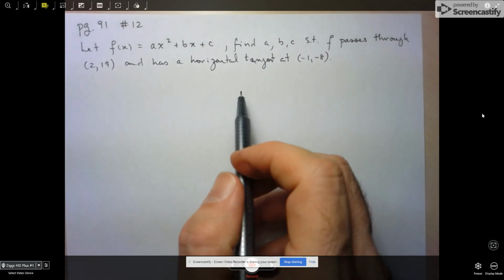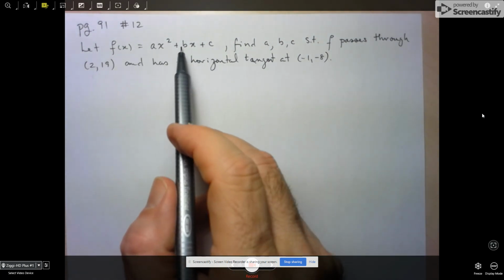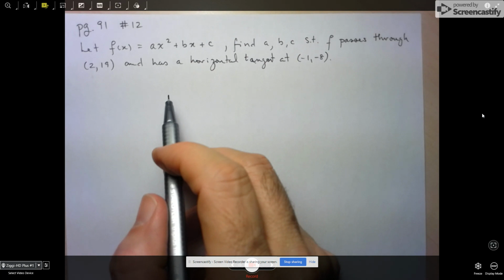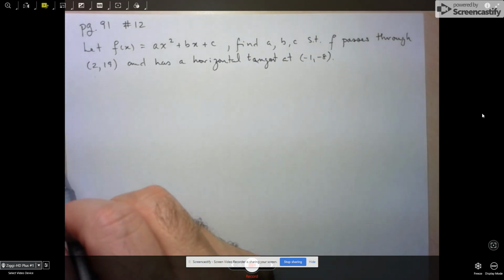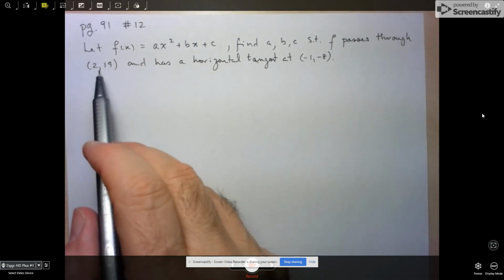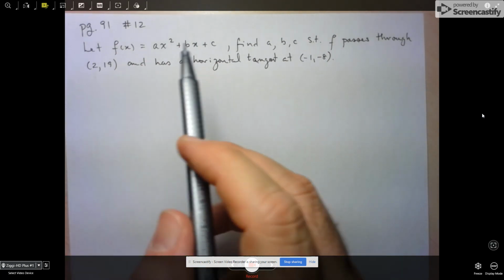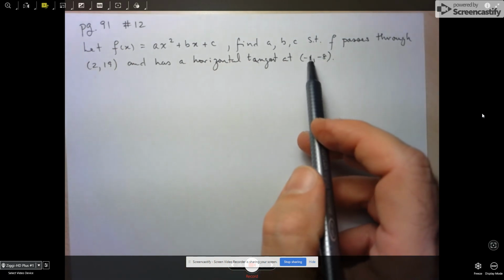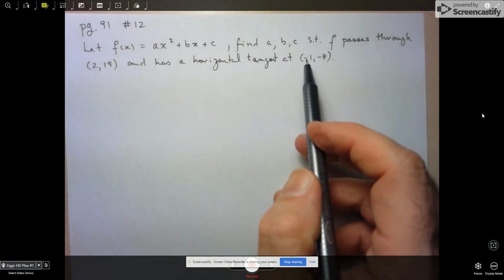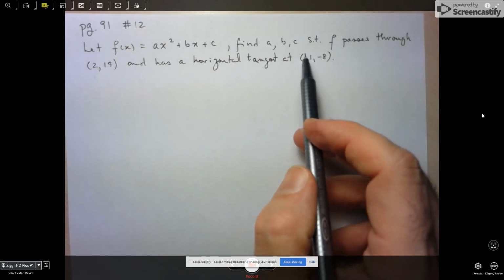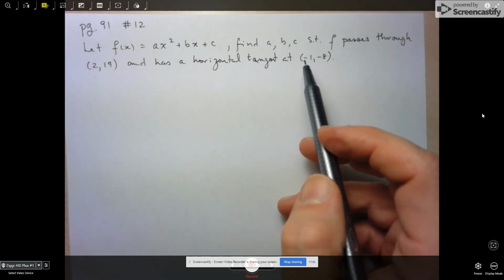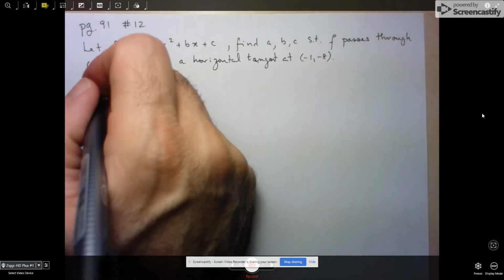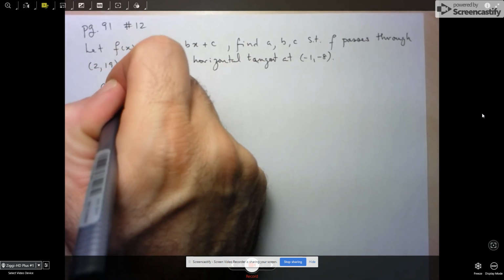(-1, -8). Now, because we're looking for three different unknowns, we need three different pieces of information to help solve this problem. And we have three pieces of information. So we've got a point on the curve. We know it has a horizontal tangent at this point, meaning the derivative at -1 needs to be equal to 0. And since it has a horizontal tangent at this point, well, it means that this point is also on the curve. All right. So let's start by finding the derivative so that we can use that in our solution